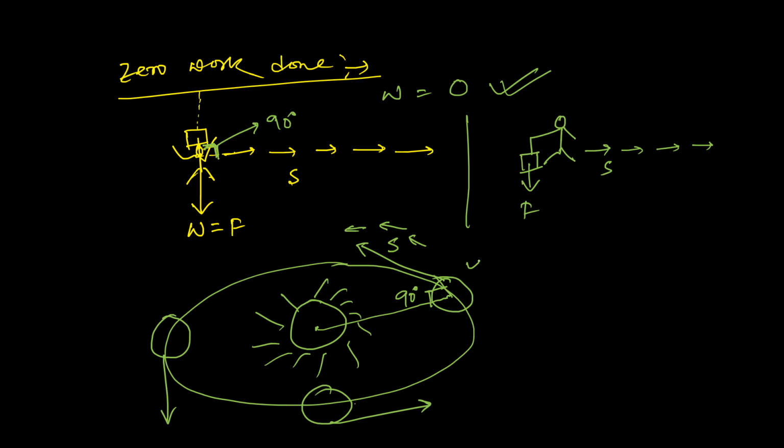If we assume this particular situation, then the displacement is along this direction, which is tangential with respect to its motion, and the force which is working, that is towards the center, which is a centripetal force, and that's actually a gravitational force, right? That is represented by F. So there the angle between the direction of the motion of earth and the force is 90 degrees. So when the earth is rotating about the sun, no work is done by the earth. So in this case also the work done equals 0, right?